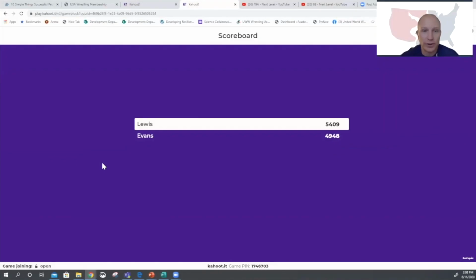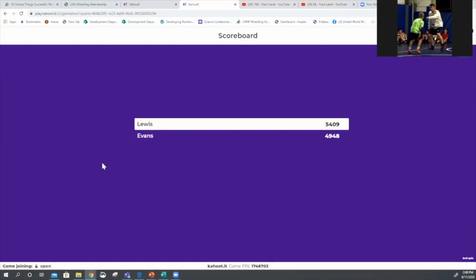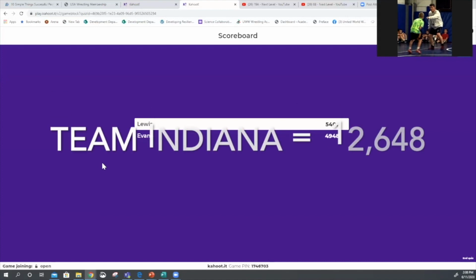So the 2 of you that are in the finals, you will have to wager so many points to try to win here at this point. So if you get it right, then obviously we add the points like in a Jeopardy case. But if you don't get it right, then you lose the points. So okay, heading into the finals, obviously with both PA coaches in the finals,